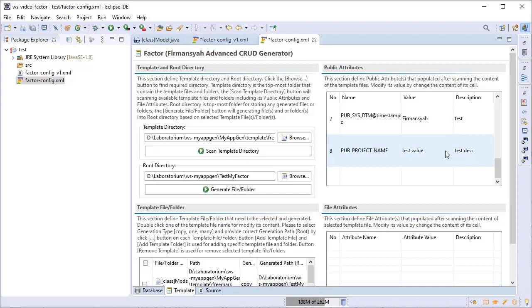So this is the demo about multiple versions of the configuration. You can accommodate this feature for multiple projects or multiple purposes, or multiple configurations that you want for this tool, for this editor basically.